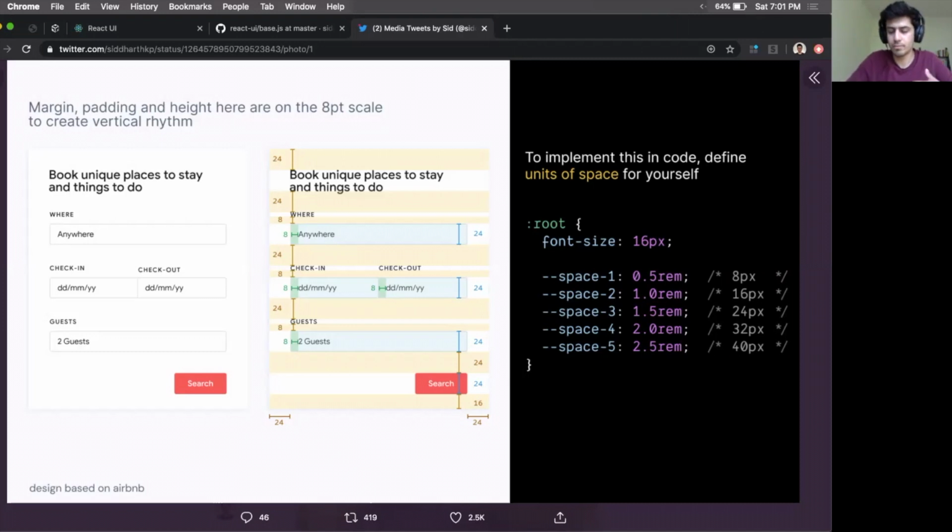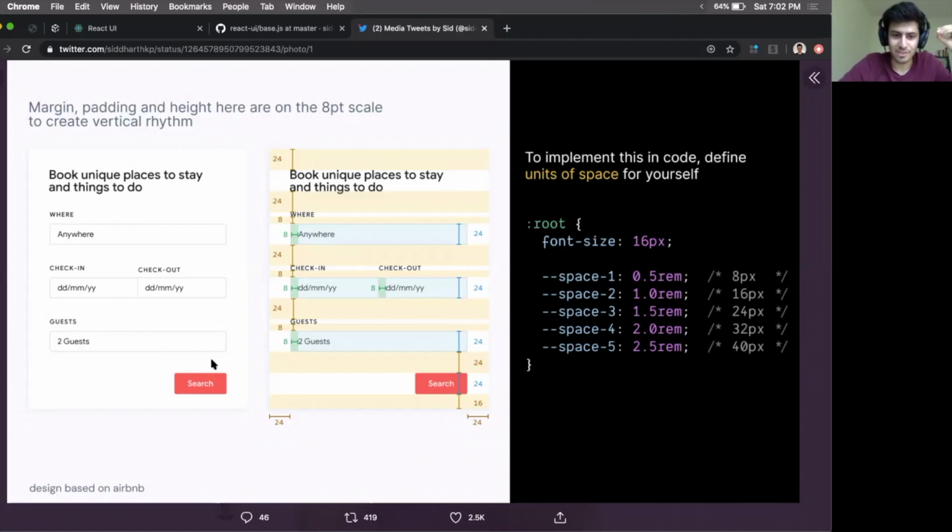And then to define those units, it's useful to be on a grid system. So for example, here, I'm on an 8-point system. So my minimum space that I can give something is 8 pixels, and anything after that is a unit of 8. What's important is you see the margins between elements is 24 pixels in this example. But even when things are smaller, where you don't want a lot of space, like this label, it's still a multiple of 8. It's 1 unit of space.